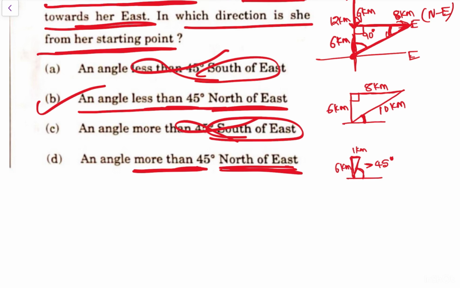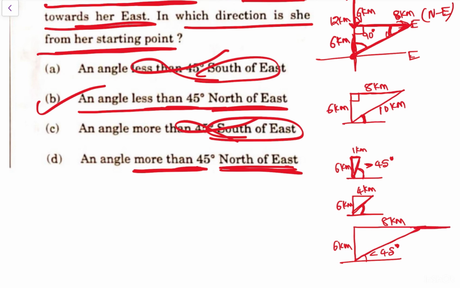But ठीक है, अब ऐसा है तो, and again 6 kilometer to मान ले 4 kilometer. So the angle would be इससे कम होगा, more than 45 degrees होगा. But since अगर 6 किलोमीटर है इधर, but this is 8 kilometer, so this angle would be less than 45. ठीक है, समझ रहे हो, क्योंकि the slide देखो, if मान ले this is like 10 kilometers, then ऐसा जाएगा, so angle और less than 45 degrees होगा।